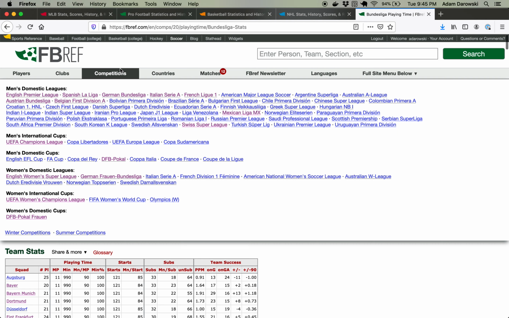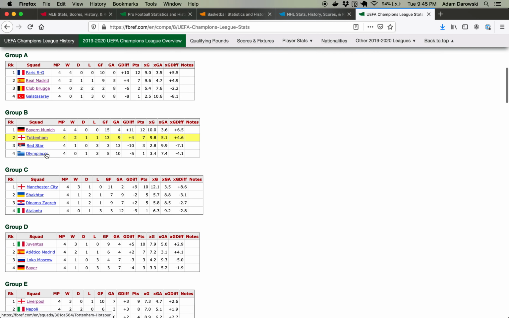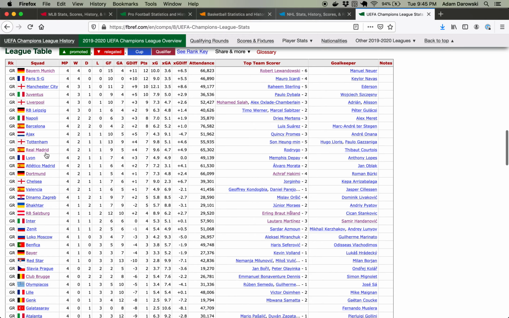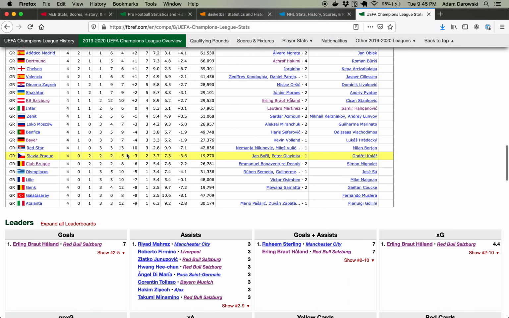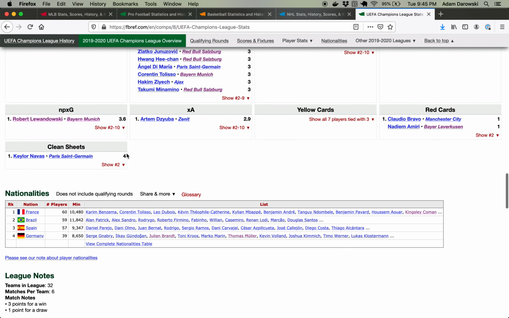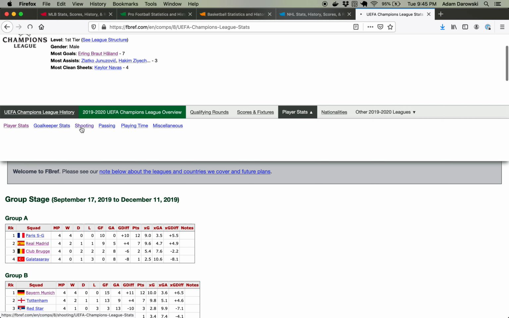So what other competitions do we have? So there's the Champions League, where you can go in and look at all of the groups here, the combined table across all groups, and see the leaders here as well. And this will have player stats as well. So you can go in and go into the shooting data for the Champions League and find out who has the most